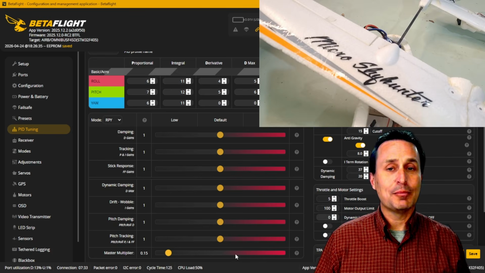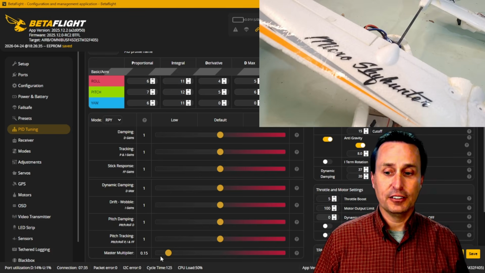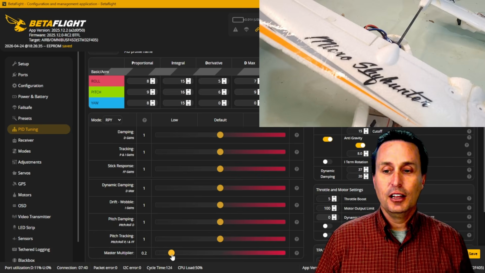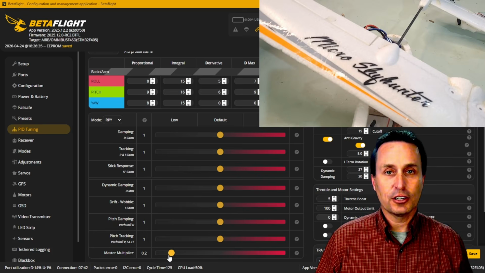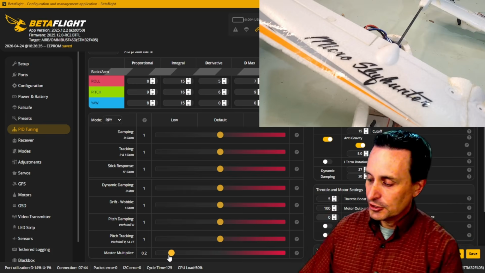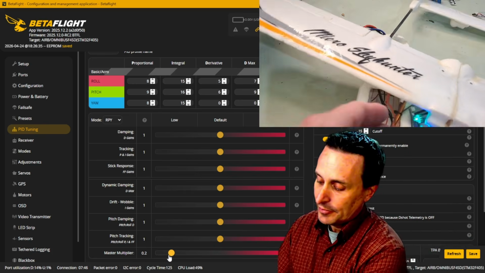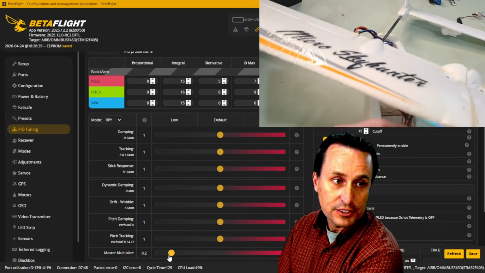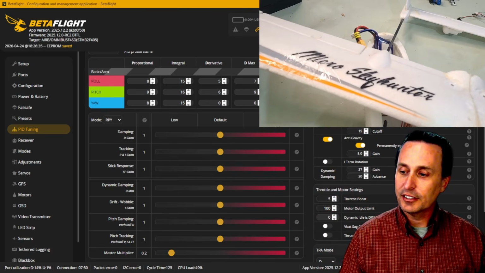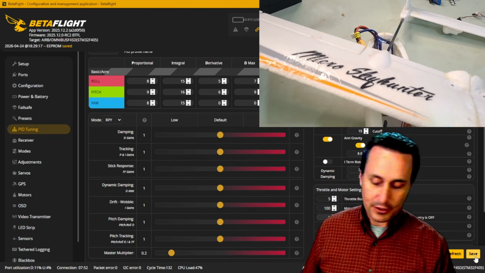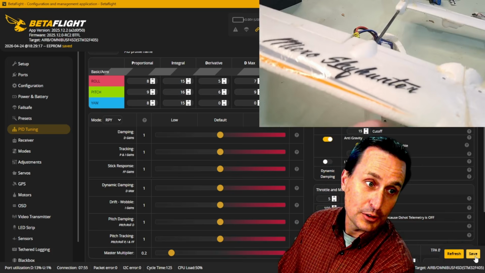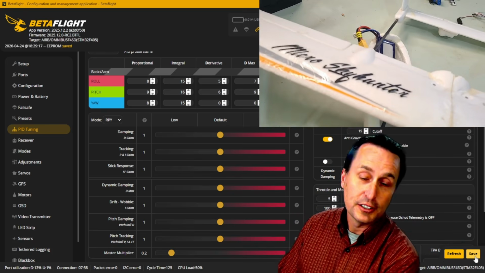What I would do is just grab the master and slide it all the way down. I wouldn't turn it off. I mean, you can, but then you just don't have a PID controller. But somewhere below 10 to start. That will give you some stability with your flight controller here. You can see, as I hit save, I guess, that as I move that around and have it in non-pass-through mode, I'm getting some stability control here,